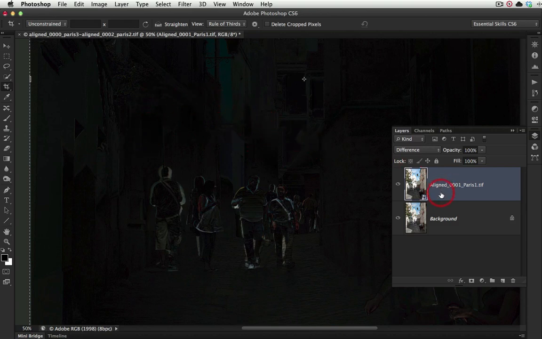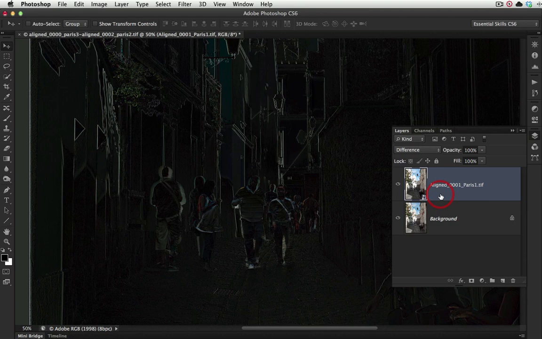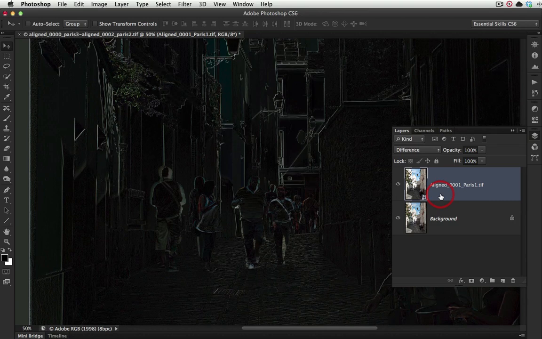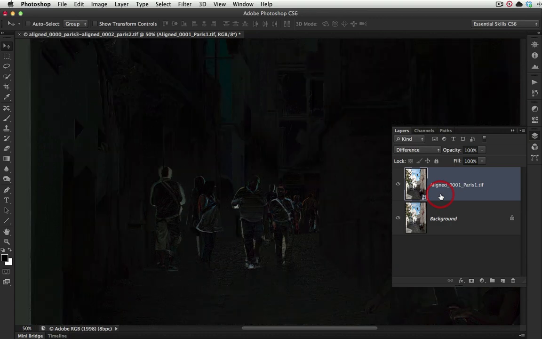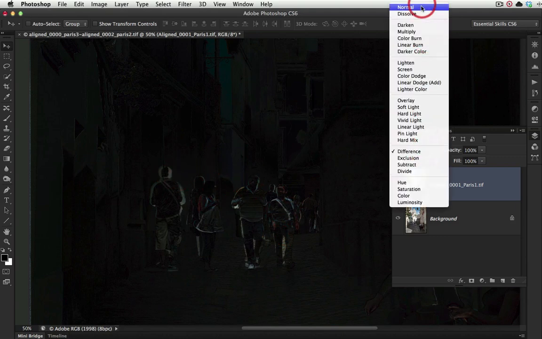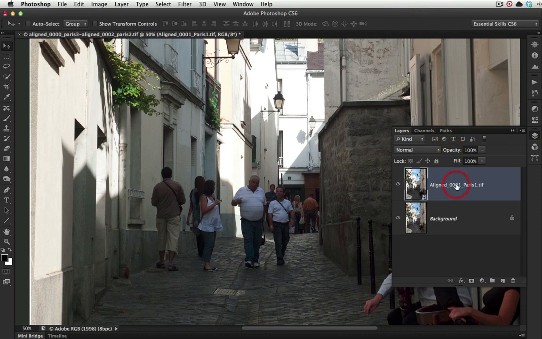I'll just select the move tool by pressing the V key. If we don't have perfect alignment, you might find that your image looks a little bit like this. Okay, and all we need to do is nudge it into alignment using the arrow keys on the keyboard, until the only areas that we can see with white halos is the area with motion. I'll just put this back to the normal blend mode,